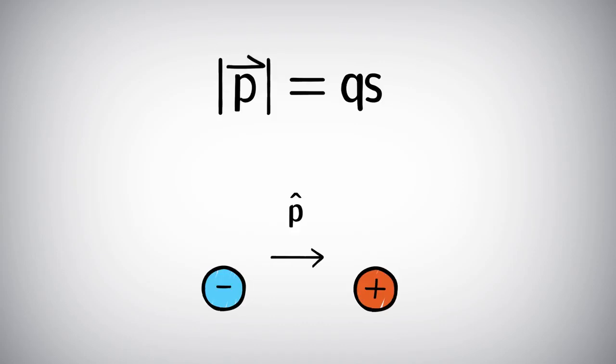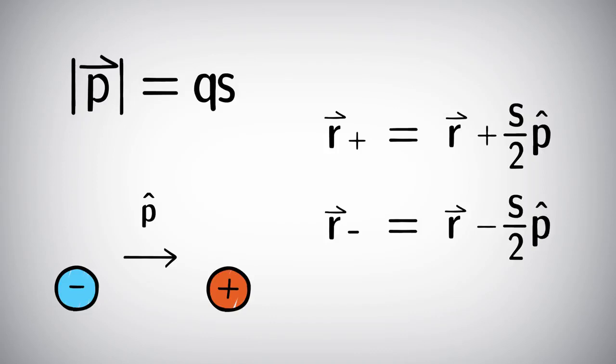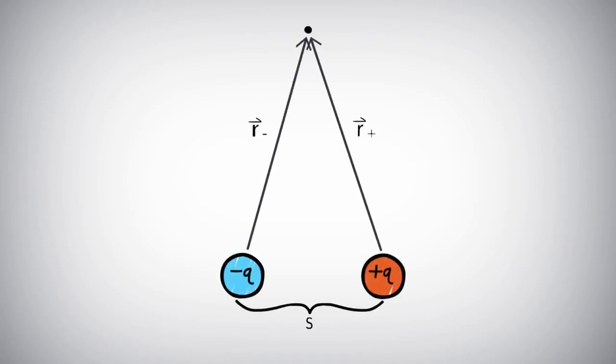Recall, too, that we were able to express the vectors r plus and r minus in terms of s, p hat, and the position vector r that points from the center of the dipole to the observation location. Finally, you will remember that we used these expressions to consider a special case where the observation points lie on the dipole axis. Today we're going to consider another special set of observation locations that are equidistant from the charges